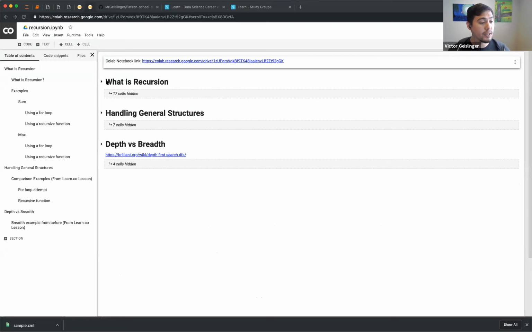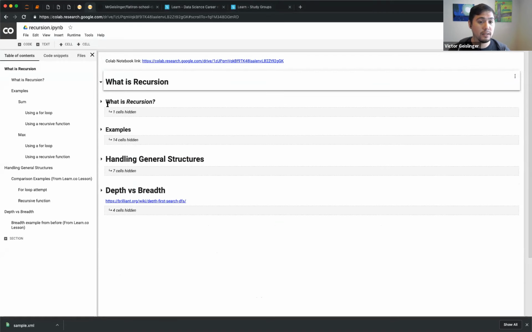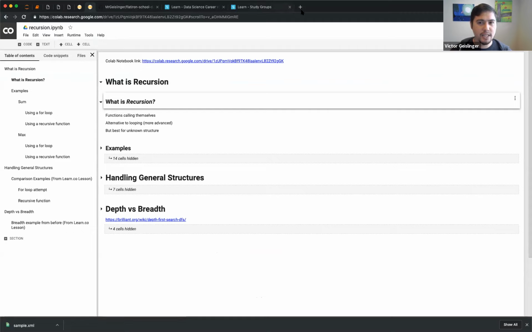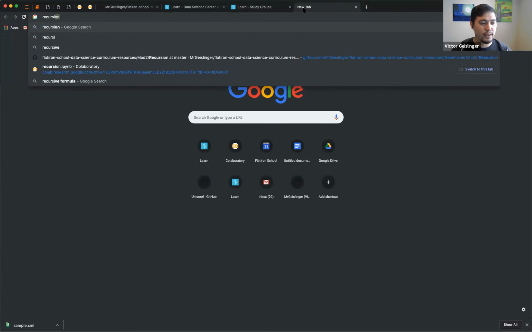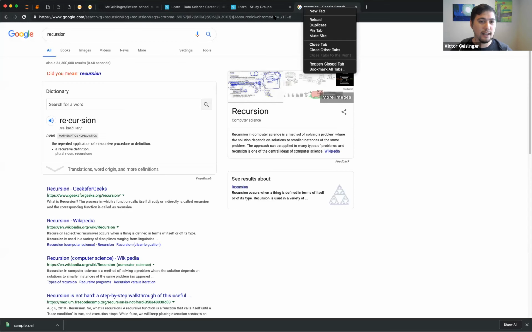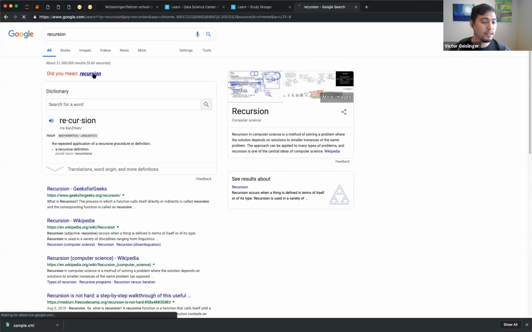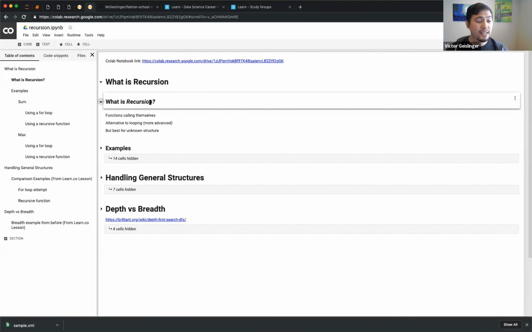So anyway, recursion. What is recursion? Recursion is essentially where we can use functions within functions. I don't know if you guys have ever done the thing where you search for recursion on Google, and it says, "Did you mean recursion?" and then you click recursion, and it says, "Did you mean recursion?" It's kind of like going within itself. That's the basis of what recursion is: it's recursively calling itself over and over again.